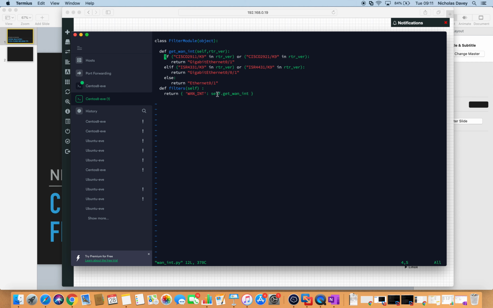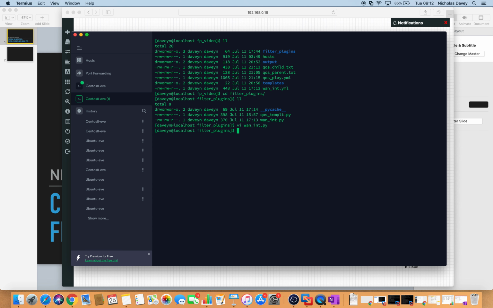So in this format, you can see that it's calling self.getWANInt, the method that I've declared, and then this key of the dictionary here, wan_int, is what I'm going to call in my playbook. And as I said, Ansible will automatically look for these values. So if I just have a look at my playbook now,